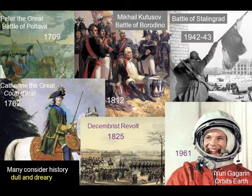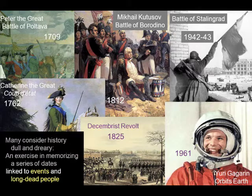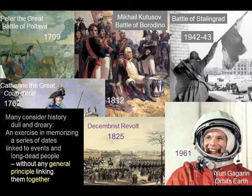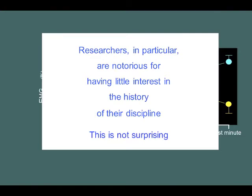Many consider history to be dull and dreary, an exercise in memorizing a series of dates linked to events and long-dead people, without any general principle linking them together. And researchers in particular are notorious for having little interest in the history of their discipline. And this is not surprising,